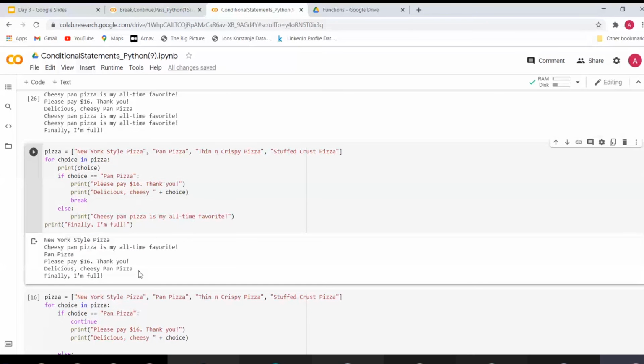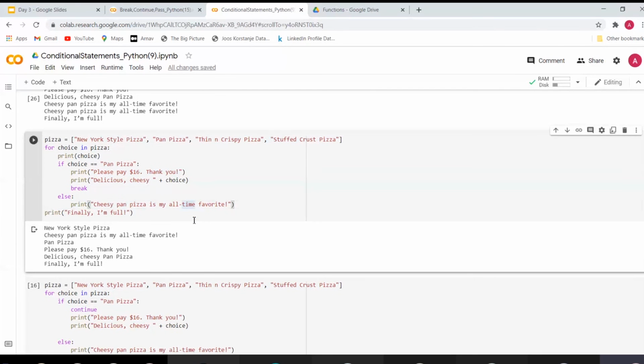And once this gets printed over here, you can see the second last and third last statement, it goes to break. So what break does is basically it stops the looping. Whatever the remaining elements are there inside the list won't be executed now. It would stop right there. It gets out of this block, and whatever the code is after the for loop, that is this print, it would jump to that. Okay, so now it breaks at pan pizza, so these two elements will not be covered now. Okay, it stops right there, and then finally it prints finally I am full.